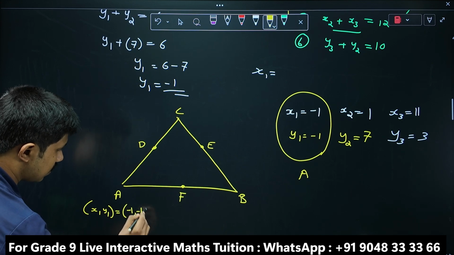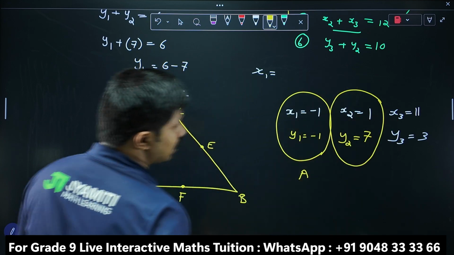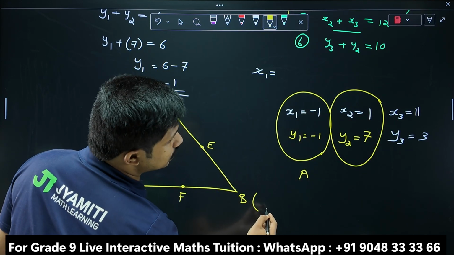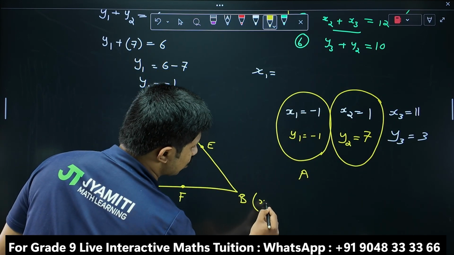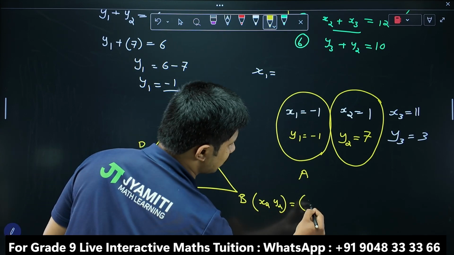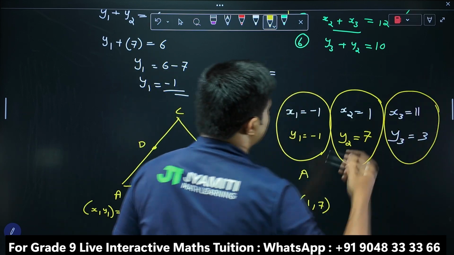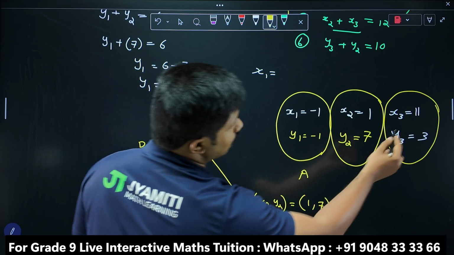And this is the coordinates of B. x2, y2 is equal to 1, 7. And finally, this is the coordinates of C, 11,